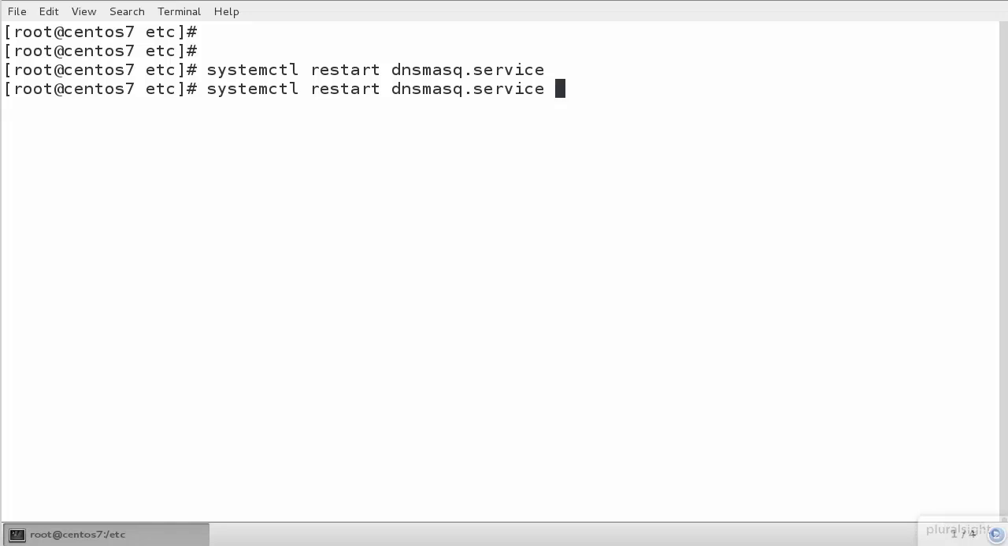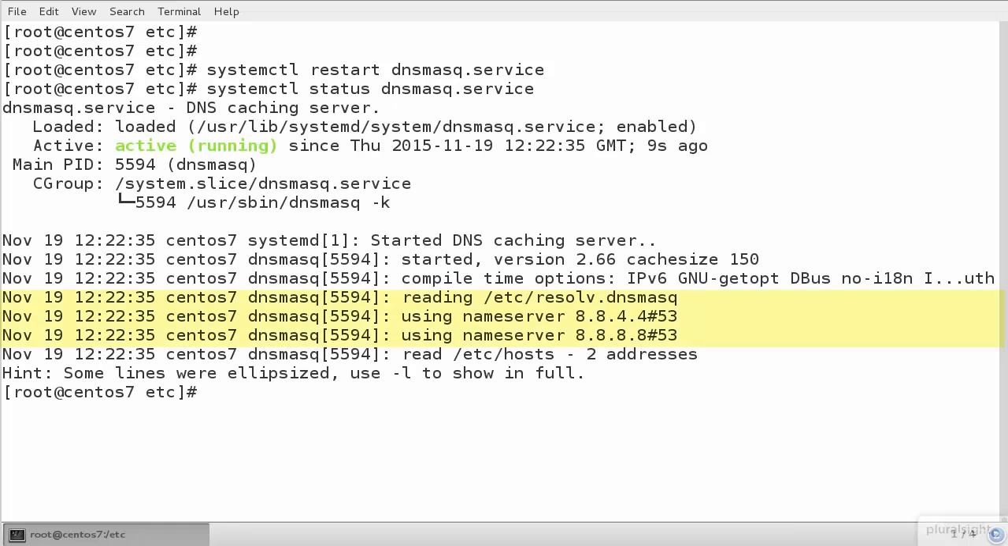when we go back and look at our status, we can see now that we're reading in the /etc/resolv.dnsmasq, and we're using then the name servers that we have specified. Another problem that we can see though through this configuration is that we're reading 2 addresses out of our localhost file. Generally, we don't want to read our localhost file if we're serving this up as a DNS server. So we're going to add in then another configuration